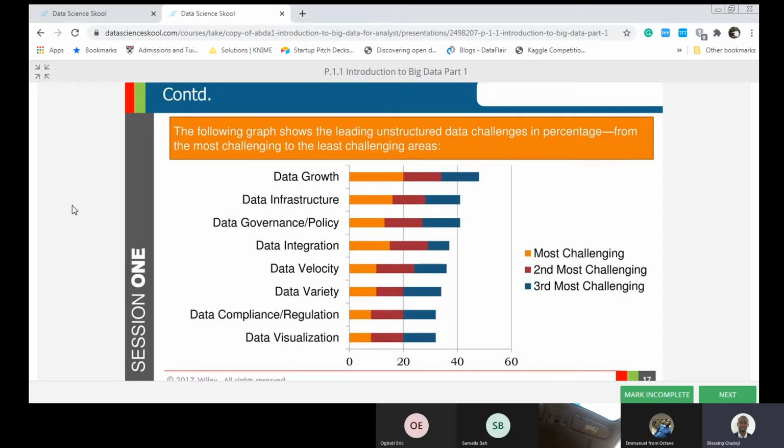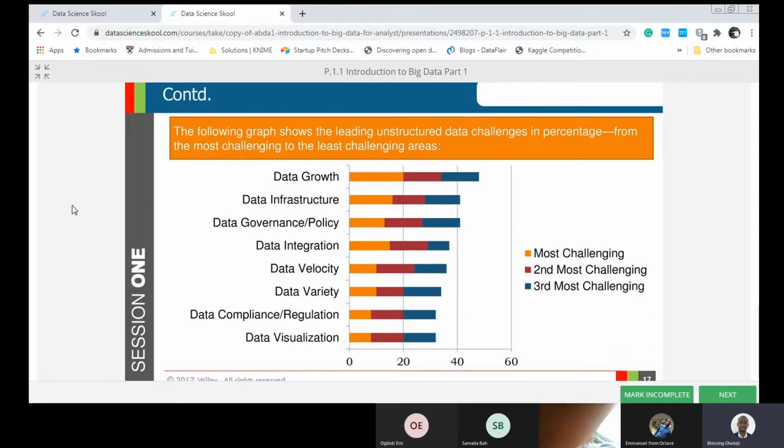unstructured data. There is also data governance and policies that should be put in place around unstructured data. Somebody can go to my Facebook page and pick a picture of me and then write something under it as if I was the one who said it. So the person is taking my unstructured data and adding his own to it, and then presenting it as if it's me that said it. Those are some of the issues that the world is facing generally around unstructured data, governance and policy issues.